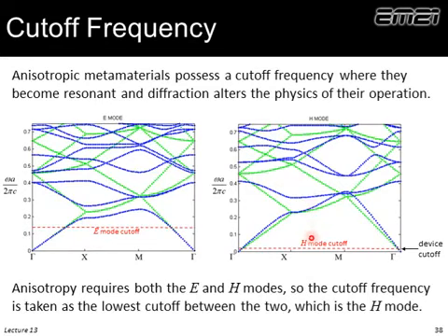If we do this for the other polarization, our H mode, well, we see the cutoff at a much lower frequency. And so if we want this to operate for both polarizations, we take the worst case, and in fact the H mode, or what we would call the TE polarization, tends to dominate the cutoff frequency. But really we're defining the cutoff frequency where the lattice is not resonant. Once that starts happening, a different set of physics takes over. We start having wave scattering and interference. Below that, it's really just where the power is in the lattice, as we discussed in the sub-wavelength grating lecture.